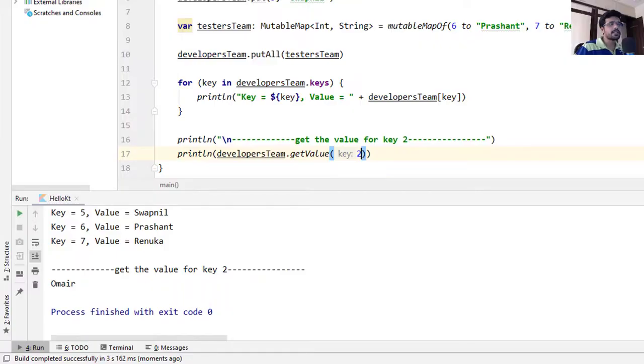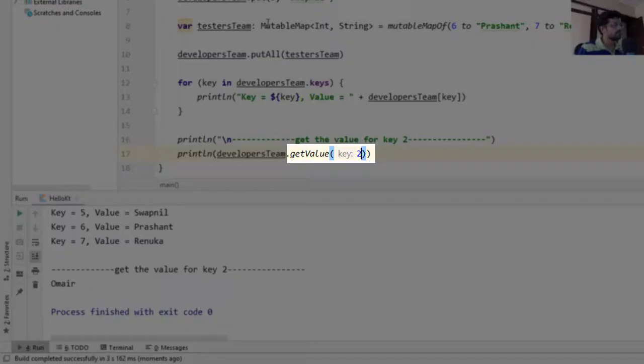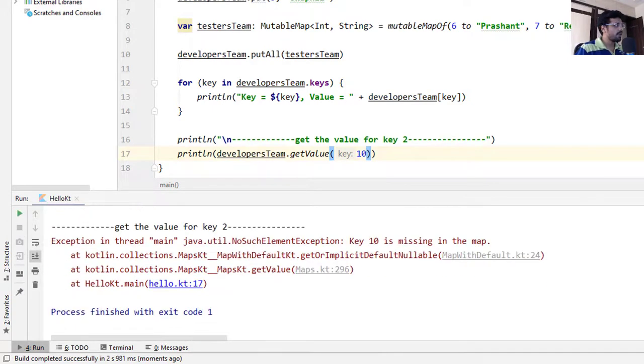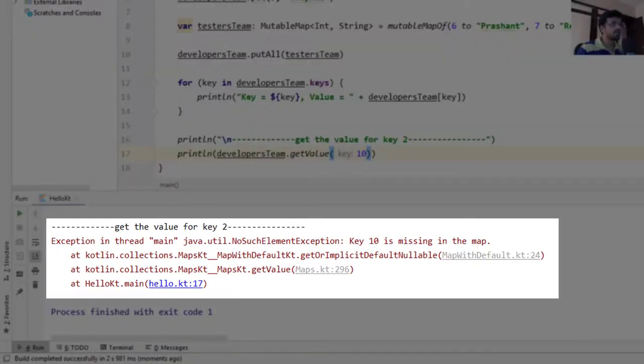And let's change the key to 10. As you can see here, it has thrown NoSuchElementException. Key 10 is missing in the map.